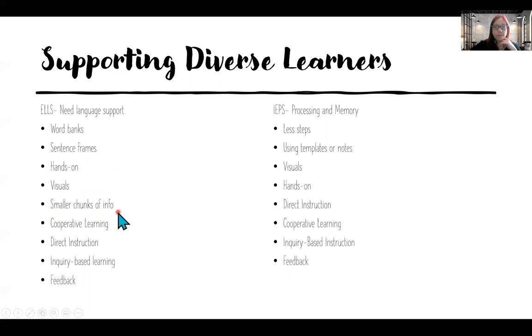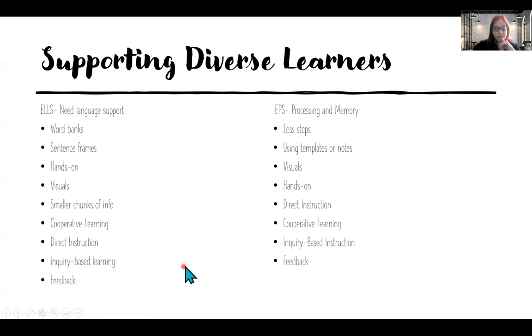Using smaller chunks of information, having breaks between your information. Here's a small chunk. Let's digest it. Let's talk about it. Let's make sure you understand it before moving on to the next chunk of information. And some of the strategies that really support their learning are cooperative learning, direct instruction, inquiry-based learning,